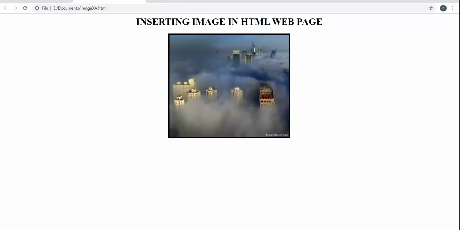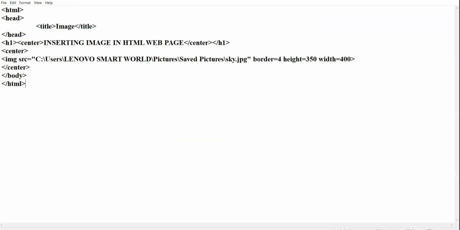Now, another thing. Suppose I am writing some text along with my image. Like the text is, this is the image of the sky. This is the text which I want to write or display along with my image.